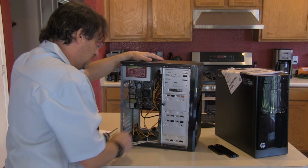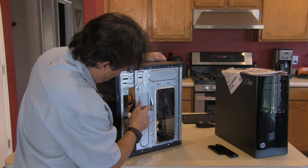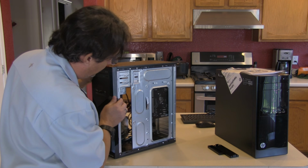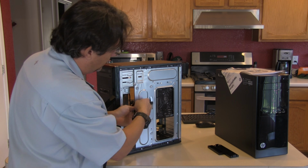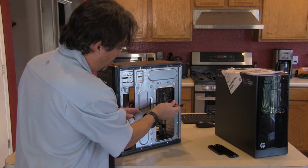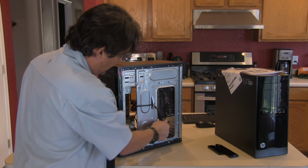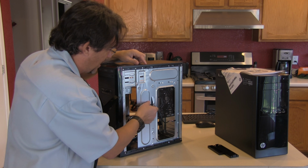And in fact, I could run this cable around just to make the cable a little cleaner. There's not a lot you can do with cable management on this, but we can do a little bit. So we could take it through here. See, be a little creative. Take it through here and then run it. Boy, I really don't like that. I don't like that at all. I take it back. Let's